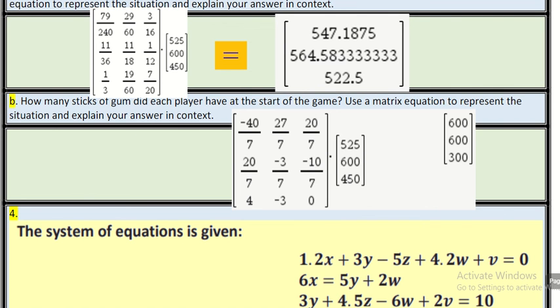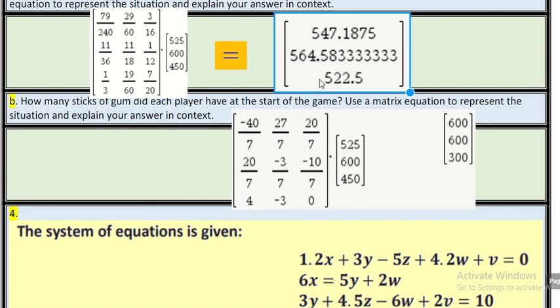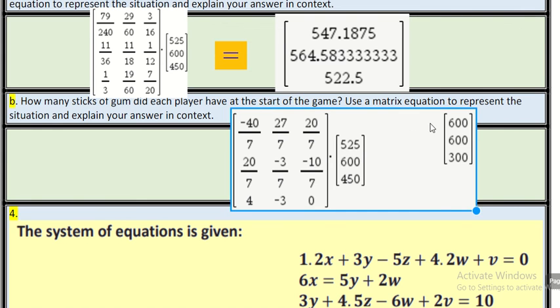And if you look at the pattern here, originally Carl only had 300 pieces of gum, but as they keep going, it looks like the other two are giving their gum away, and Carl's going to come out the winner the longer they play this game. And that is question number